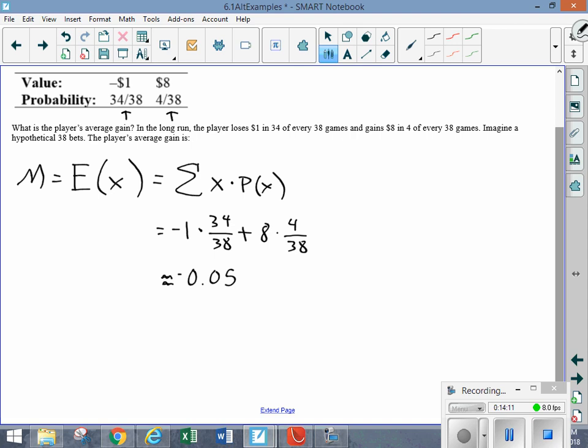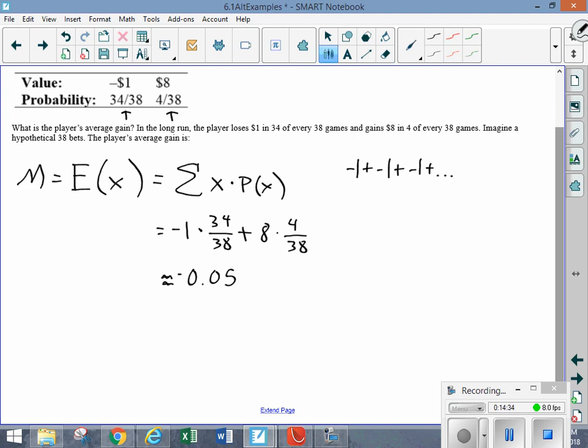So it turns out that if you lose $1 for every 34 games, then essentially that's -1 plus -1, right? All the way up to